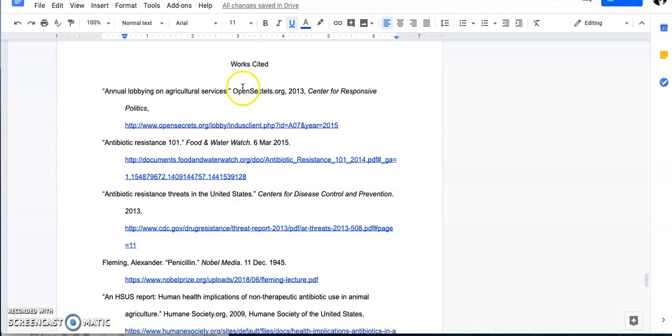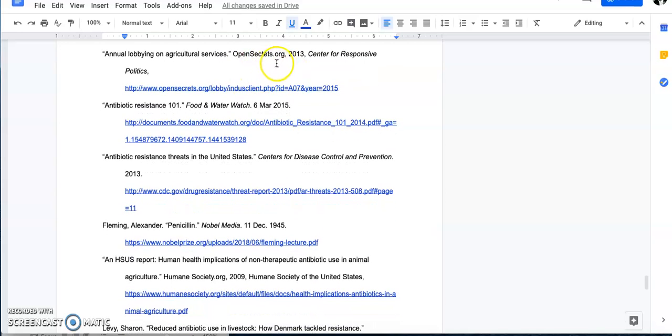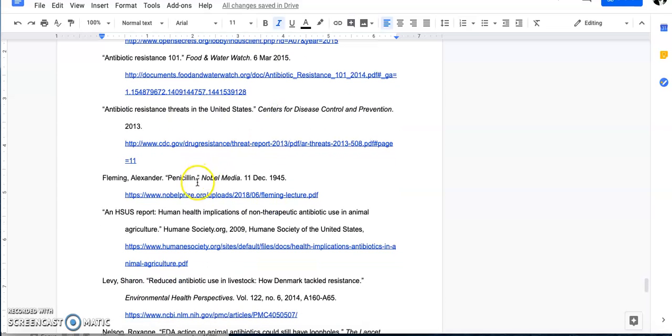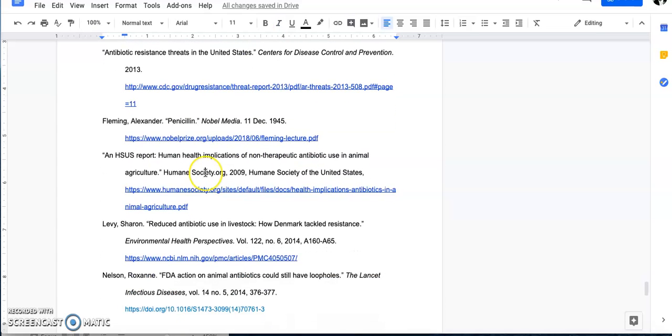As we go through and look at this, opensecrets.org, that's an organization. This person is going to want to check to make sure that the sources are credible. As far as timeliness, this paper I'm showing you is a little bit older. It's from, I think, 2016, so they're still within the ballpark looking at 2013 and 2015. Centers for Disease Control, Nobel Prize winner, Nobel Media, HumaneSociety.org. Again, another organization, so you have to check for the bias.